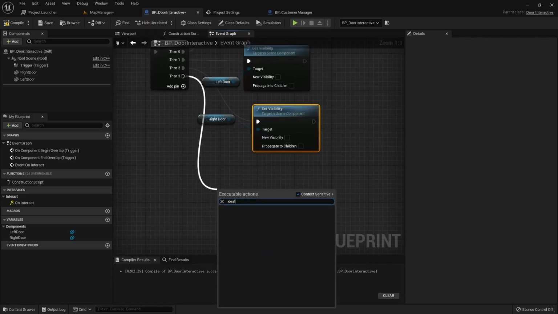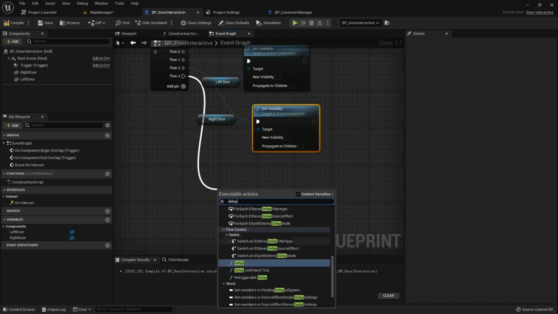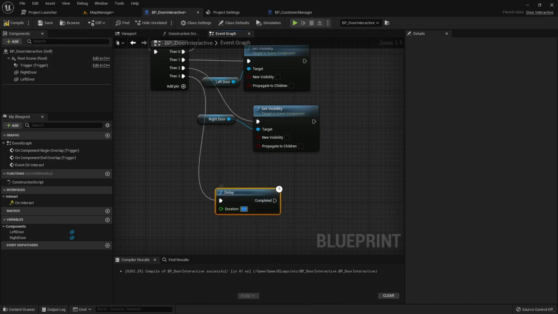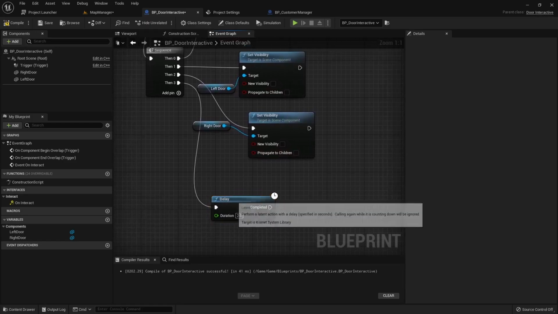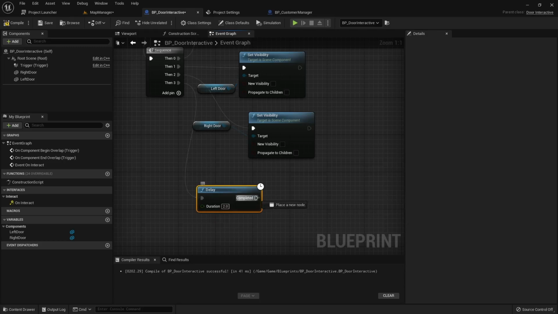And now, this is up to you really, but we can wait a bit. Imagine this is an animation, so let's wait for the animation to happen. Then we set this to